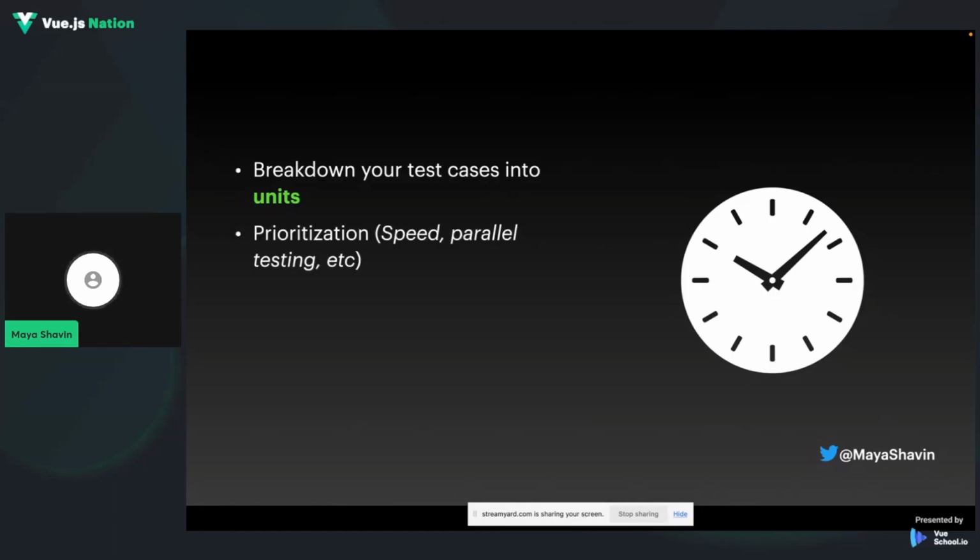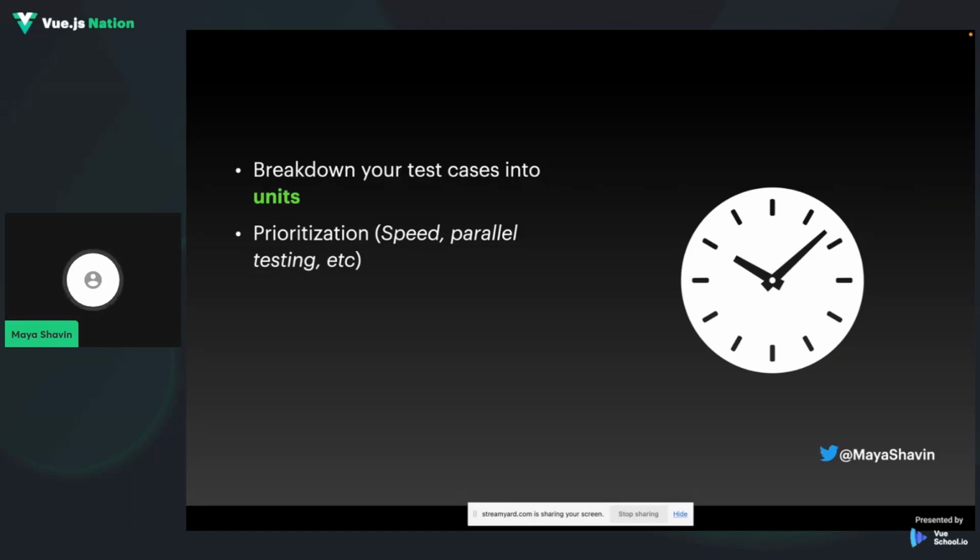The second thing is you have to prioritize what framework to choose, which is whether you care about the speed of the test run or whether you have a lot of tests that run in parallel. Nowadays, most testing frameworks will do parallel testing because that's essential.